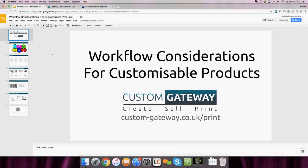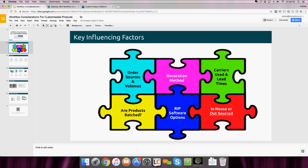My name's Andrew Talbot. I'm from a company called Custom Gateway, and we specialise in systems for enabling you to deliver mass customization. So today I'm going to go through workflow considerations for customizable products, or what workflow should I use. So I guess the logical starting point is, what are the key influencing factors that decide what workflow you